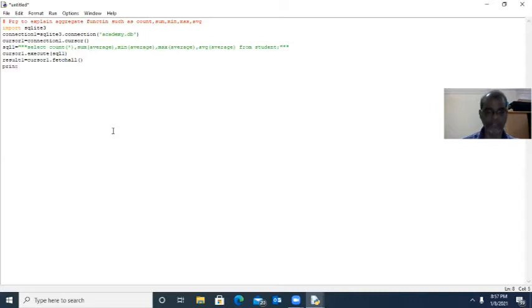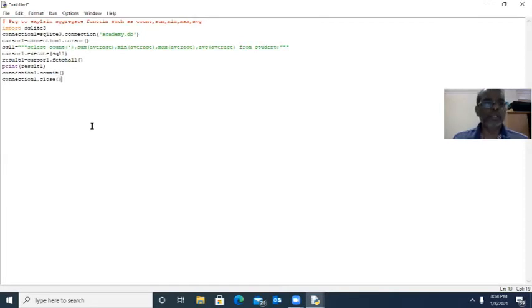Now print of result. The connection should be committed. connection1 dot commit. connection1 dot close. That's all.